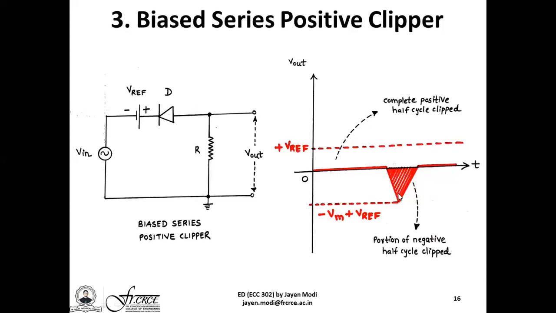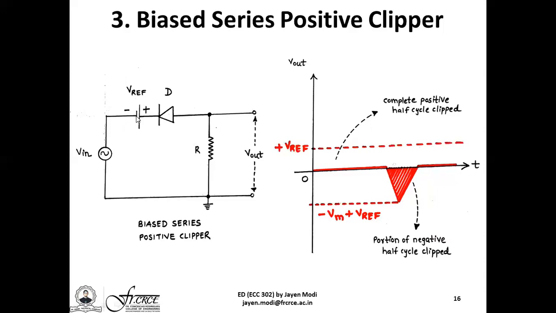So for the negative half cycle, what you see is you have a limited output signal amplitude obtained with a value given as minus Vm plus Vref. So it is this Vref, the value which you can easily change, to change the level of the negative half cycle which you are able to obtain at the output side. Although the positive half cycle has been completely eliminated, you are still able to control the peak amplitude of the output AC signal negative half cycle by basically controlling the magnitude of this particular DC bias voltage Vref.